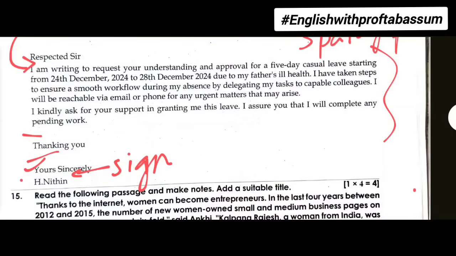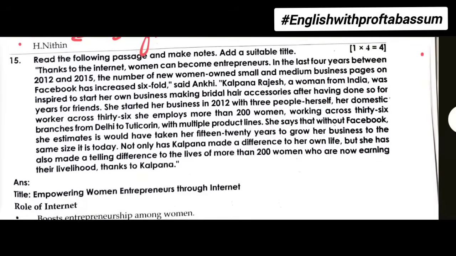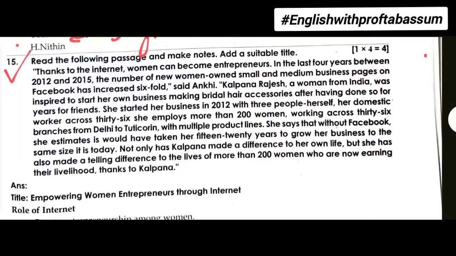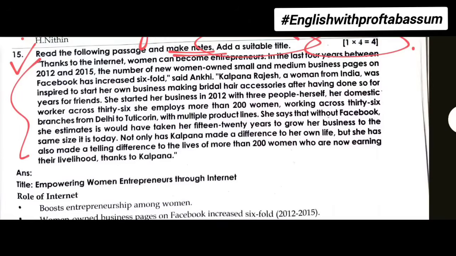Now let us move on to the next question, question number 15, note making. You have to read and understand the passage, make short notes, and give a proper suitable title. It's for 4 marks. For example, after reading this passage, you'll understand how women became strong with the help of the internet. So you can give the title like Powerful Women with the Help of Internet or Empowering Women Entrepreneurs Through Internet. So first thing you need to do is read the passage, underline the keywords, whatever you feel is important,